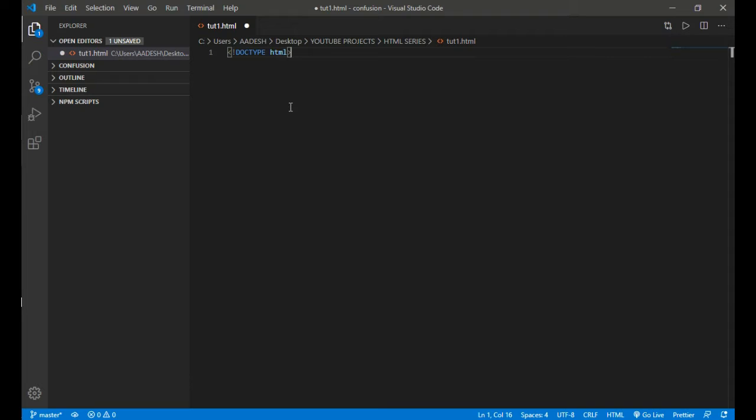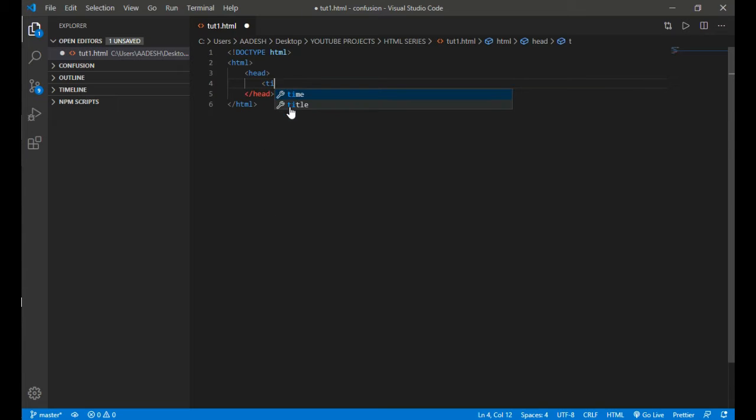So first thing which we need to write is doctype HTML according to HTML5 conventions, as I have already mentioned in my last video. Then first tag always is HTML, and for every opening tag there is a closing tag. So here we close HTML, and in between HTML first tag, can you remember? Okay, so it's a head tag, and let me close the head tag.